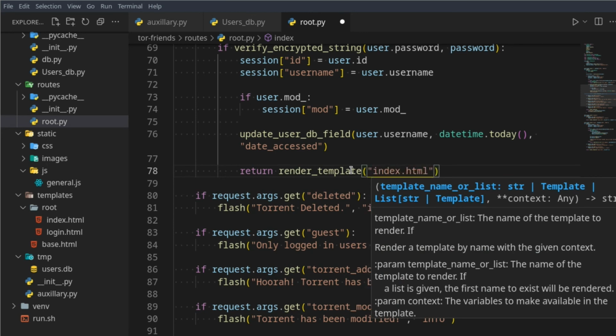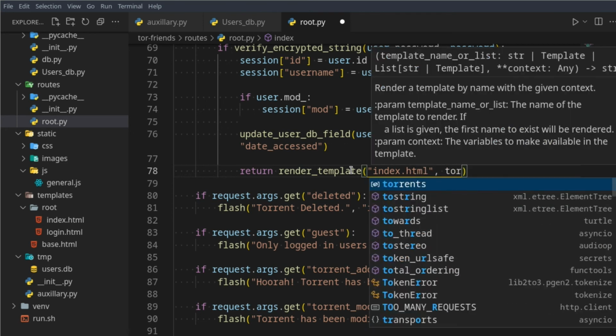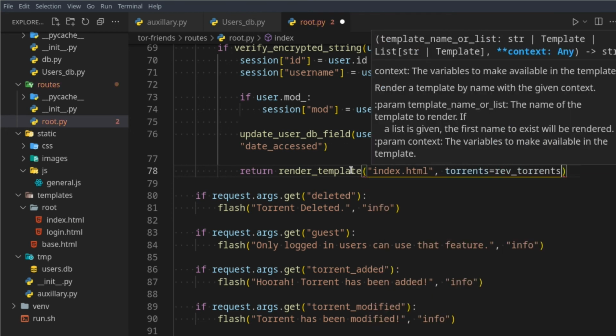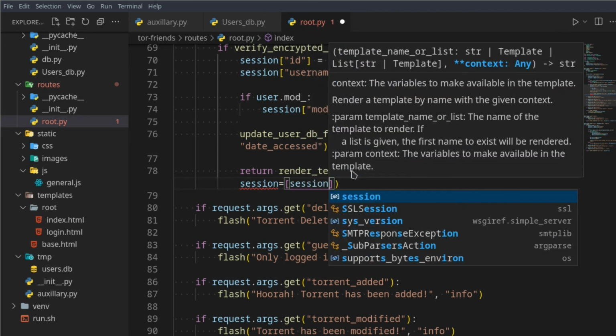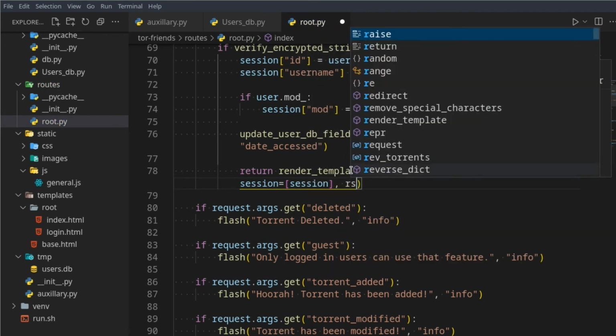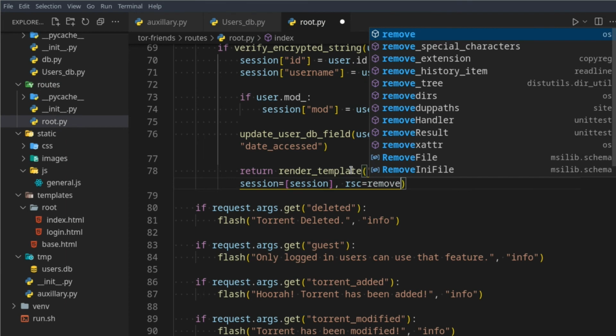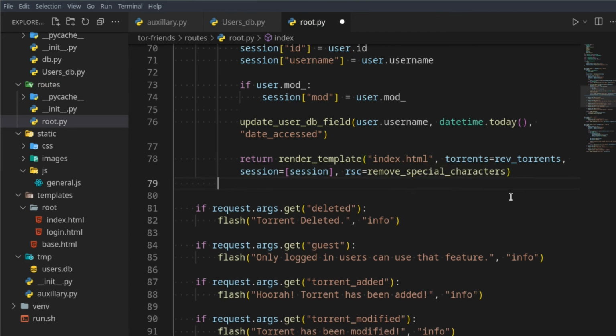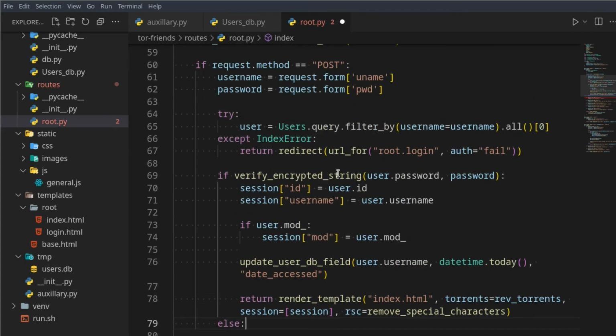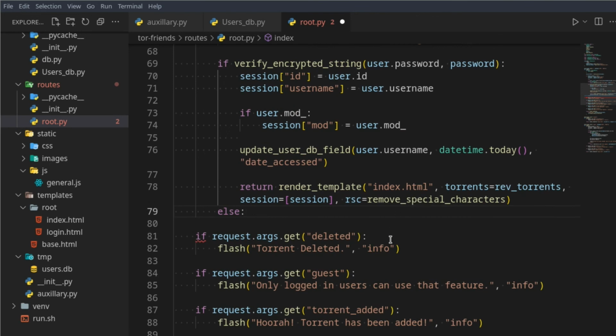And then finally, once they get to this point, we can return render_template index.html. We can pass in the torrents, which is equal to reverse torrents, the session details, which is an array session, and in the RSC, remove special characters. And take note, I'm not putting any brackets here. If you do that, you might get an issue. No brackets. And then finally, we can say else, if this is the case where they did not get this verify encrypted string, we can return